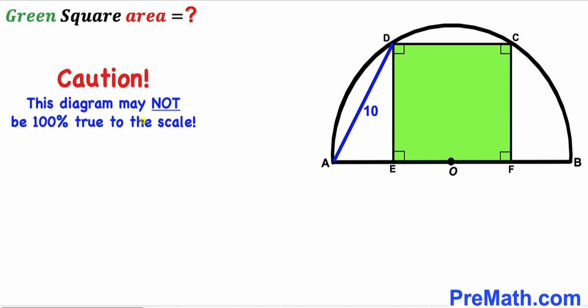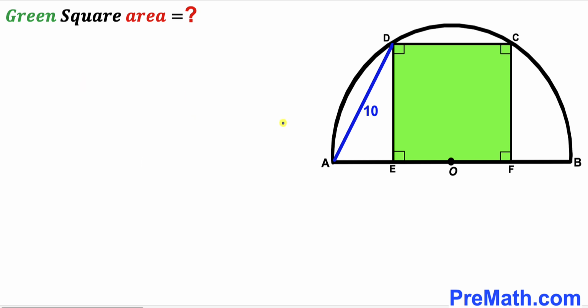Please keep in mind that this figure may not be 100% true to scale. Let's go ahead and get started, and here's our very first step. Let's focus on this green shaded square. I'm going to label its side lengths as x, and since all these side lengths are equal, this side length is going to be x,